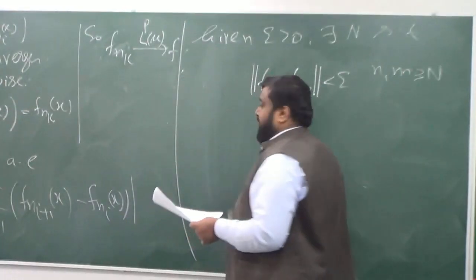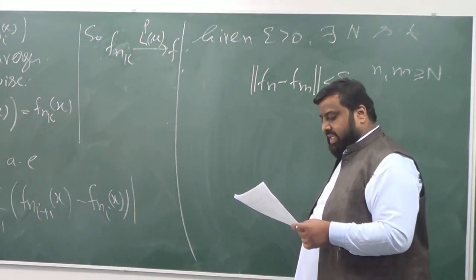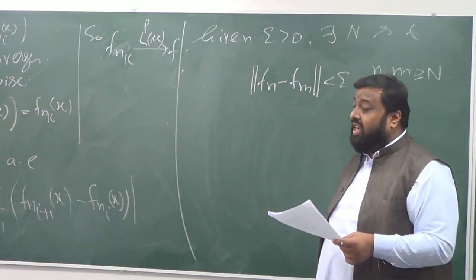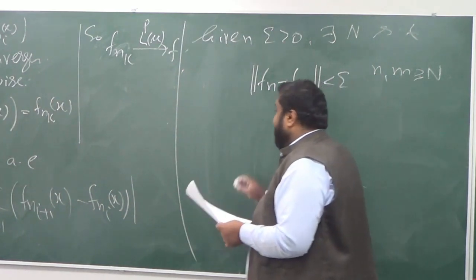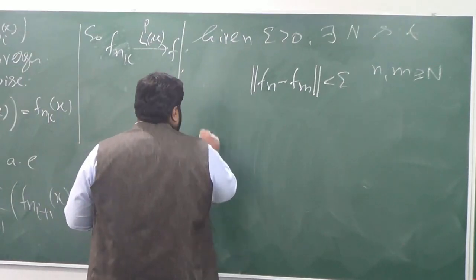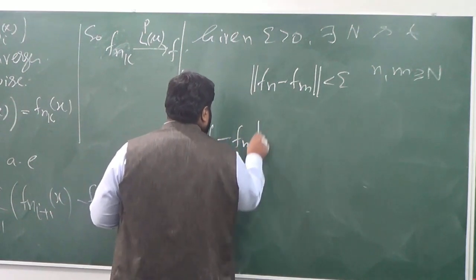And now I want to do what? I want to somehow insert f in between, but cleverly. It's not going to be as straightforward as it seems, but yes, that's what I would like to show. So now consider this. So f minus fm is